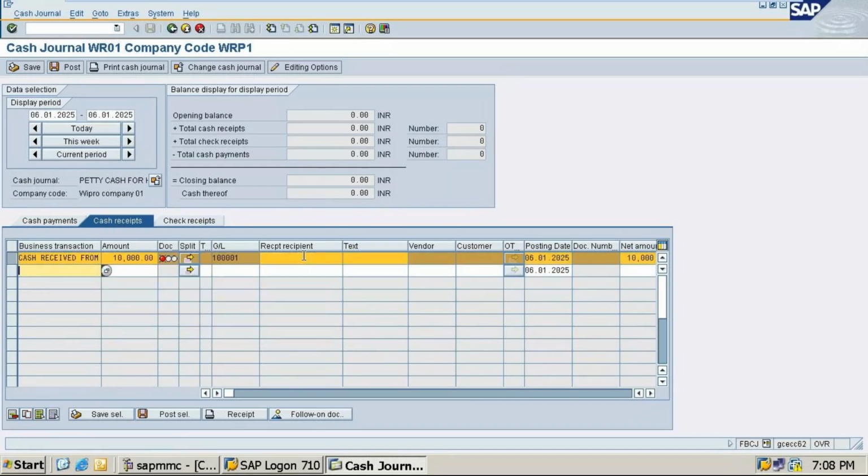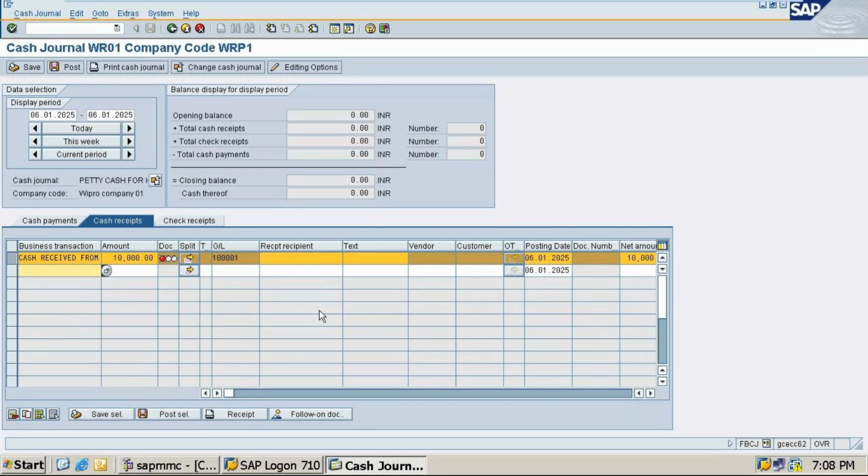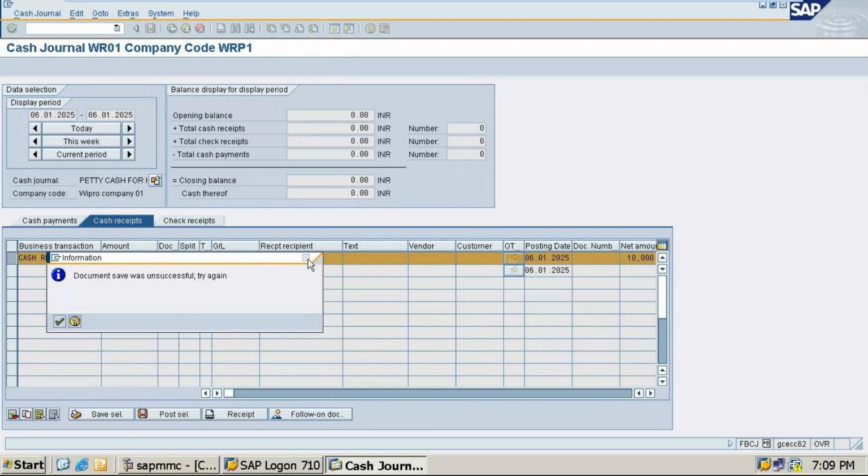One second. Post. It is telling a number range mistake. Okay, we'll check the number range once. The document save also, I'll try again.